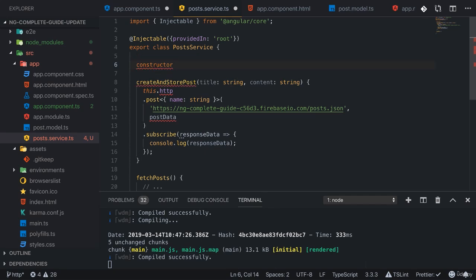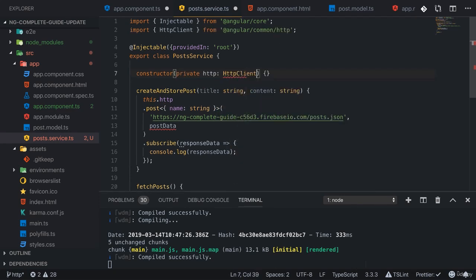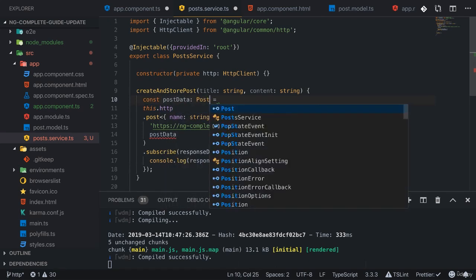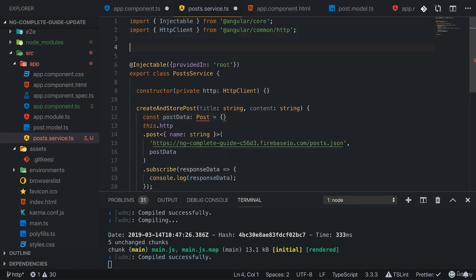So let's add a constructor. And with the help of that constructor, we inject the HTTP client and we store it in a property named http. And the HttpClient is imported from @angular/common/http. Now, of course, here we have no postData property anymore. I can create that here though. And this will, in the end, be of type Post, and therefore it will have a title and so on, but we first of all need to import our own post model. So let's import Post from